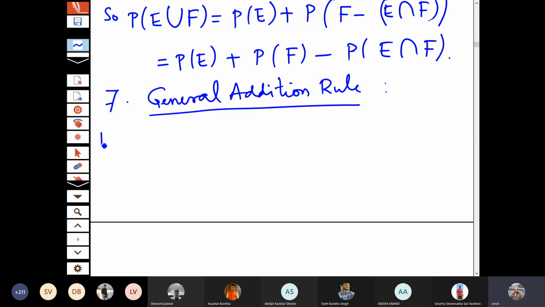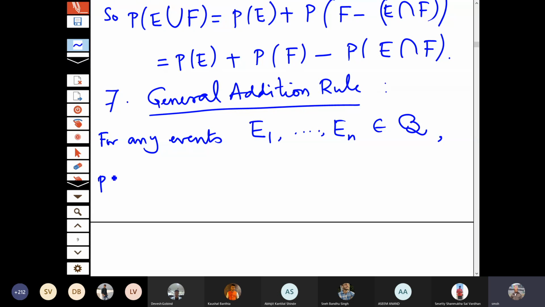For any events, say E1, E2, En belonging to B, probability of